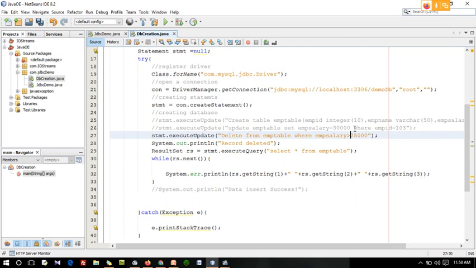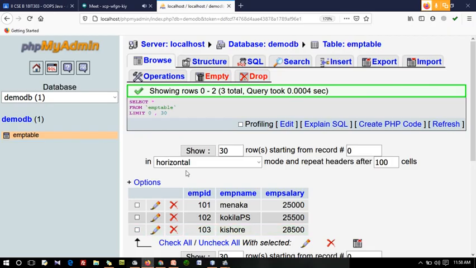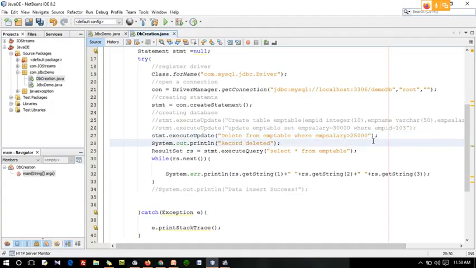So I am having the data here. Menaka 25,000, Kokila 25,500, Kishore, it is updated, right? Yes, Kishore is 30,000. So we'll check this query. If you give emp salary equal to 25,000, who are all getting 25,000 salary? It will delete all those employee records.